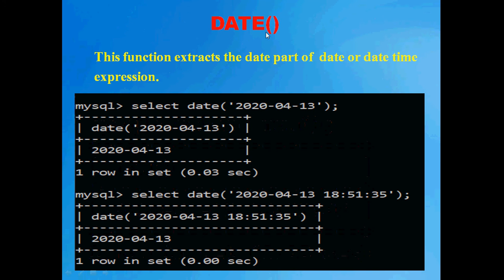The second function is date. If a string is given to this function, it identifies a date in it. The date function can identify the date in the string and it returns that. In the second example, you can see that the string contains date and time, or it can contain any letters, characters, etc. But the date function returns only the date part of the string. You can see the output here.